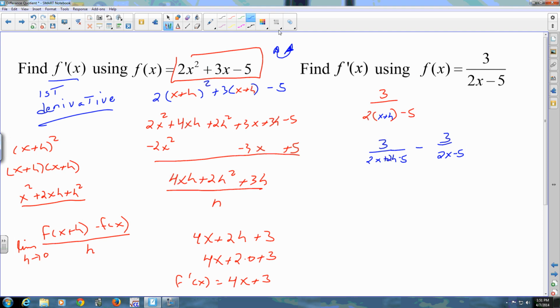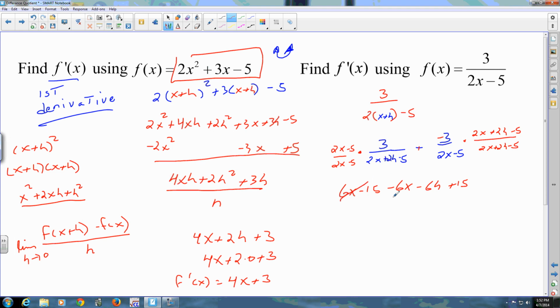Okay, now this gets kind of messy and gets to be kind of a pain. But you guys know how to get a common denominator. I'm going to move this subtraction upstairs so I don't lose it. And I have to multiply by what it needs, top and bottom, to get that denominator. This one needs 2x plus 2h minus 5 over 2x plus 2h minus 5. I'm multiplying by 1. This one needs a 2x minus 5. Okay, this becomes 6x minus 15 minus 6x minus 6h plus 15 over your LCD, but let's just simplify the